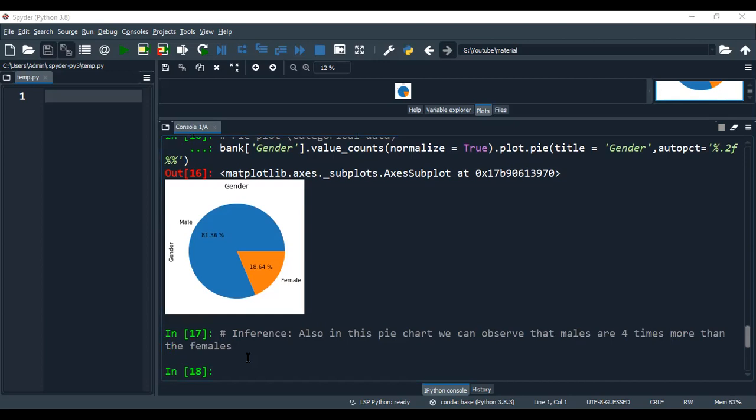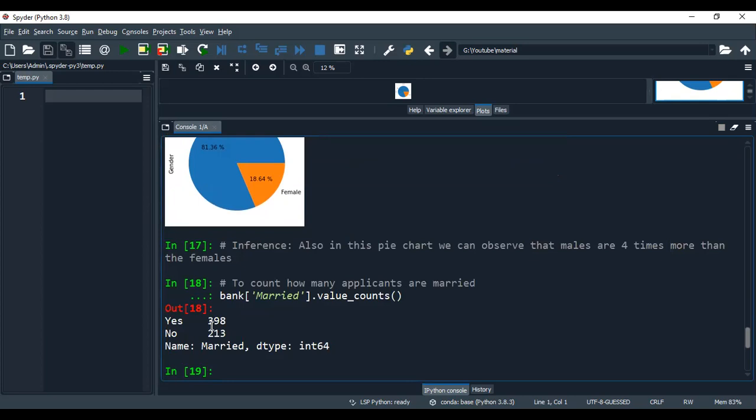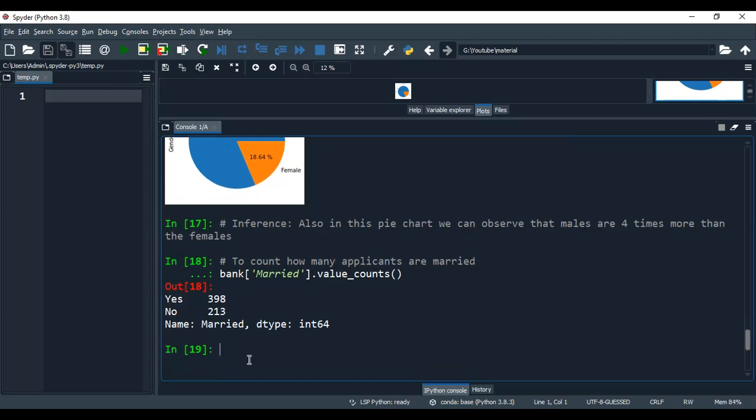Then, to count how many applicants are married, married is another categorical column, so you can do it like this. Yes means the applicants who are married. So 398 applicants are married and 213 applicants are unmarried. Let us find the row proportions on the married column.